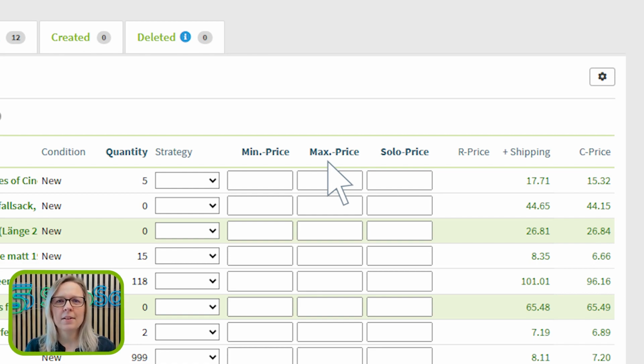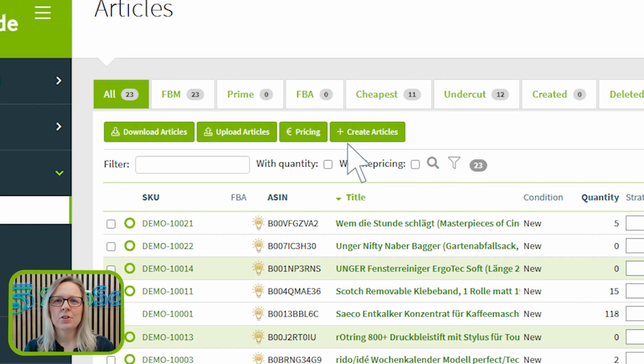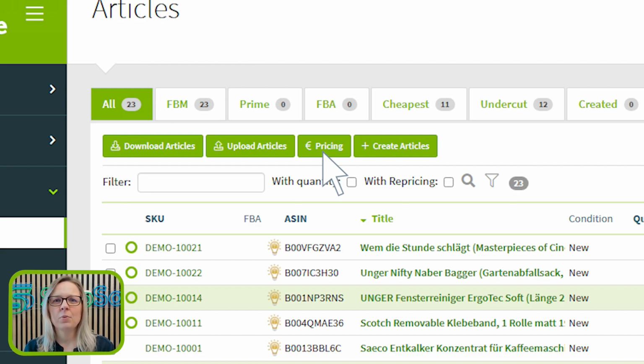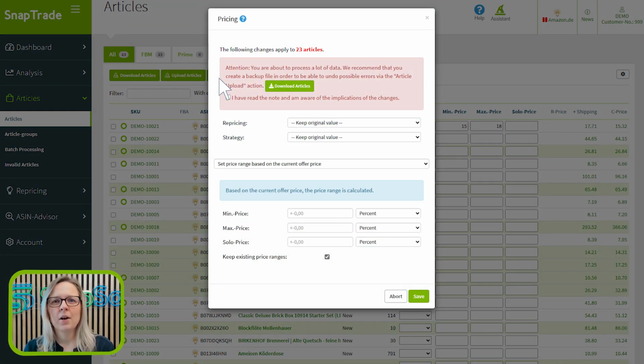You have a variety of methods at your disposal to set price ranges for the items you sell within the SnapTrade platform. The most straightforward, yet also the most time-consuming approach is to manually enter and save the margins using the method of input and storage. With the pricing feature, you can quickly set price ranges for previously filtered items. You can find a comprehensive guide to this feature in our explanatory video on pricing. Let's now briefly go through the process of how you can create price ranges using the pricing functionality.